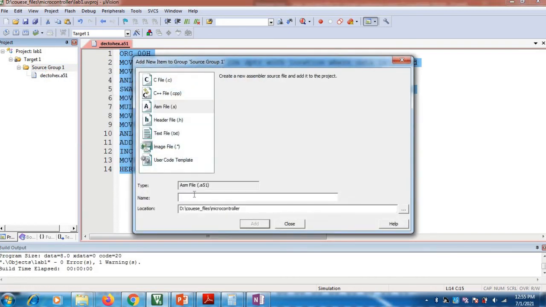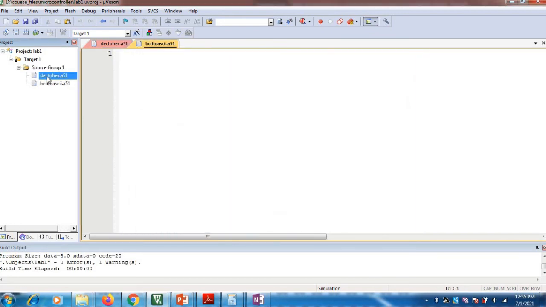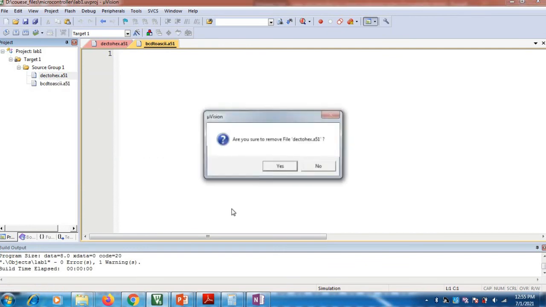Okay, so let's create a program. Here it is, BCD to ASCII. So this program I'll remove here.